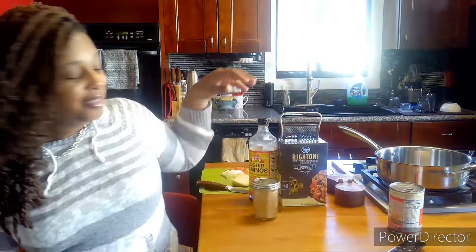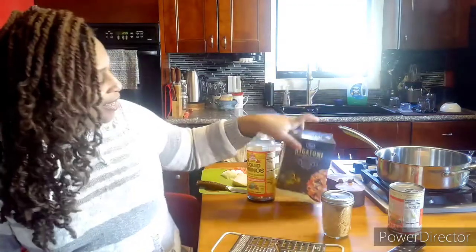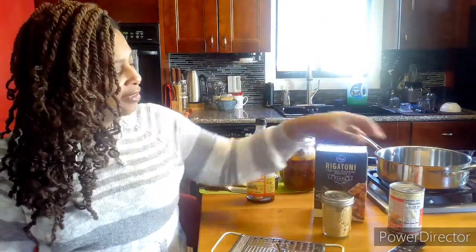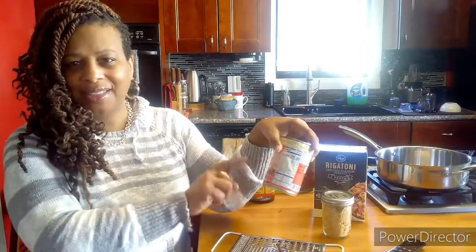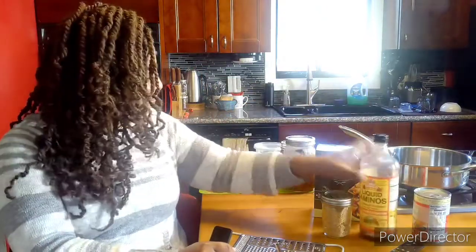I said I can make that, and I can actually control how much sodium I have inside of it. I don't have my glasses on right now, but I'm pretty sure this is high in sodium. My ingredients that I will be using: my homemade onion powder, my shredded rigatoni. I couldn't find the tube pasta that they make with beefaroni, but hey, rigatoni is going to be pretty good. Of course, you know I got to use my liquid aminos,